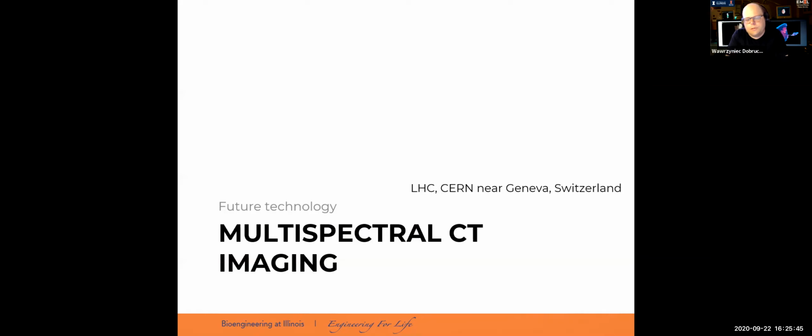And finally, this is a future technology. I just wanted to tell you a little bit about multispectral CT. I learned about this a couple of years ago, and partially it is because of the development of new detectors. So far, all the technology which I showed you, even the dual energy or multi-energy CT, uses the same type of detectors, which detect ionizing radiation, for example, X-rays. However,